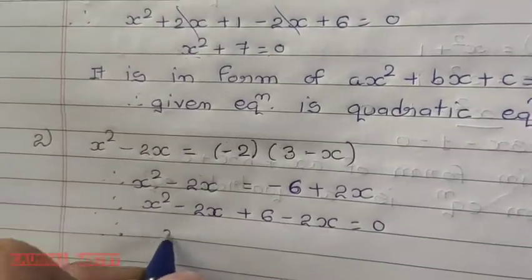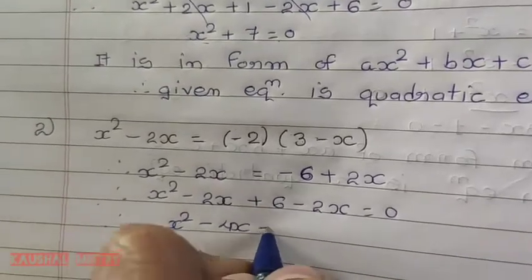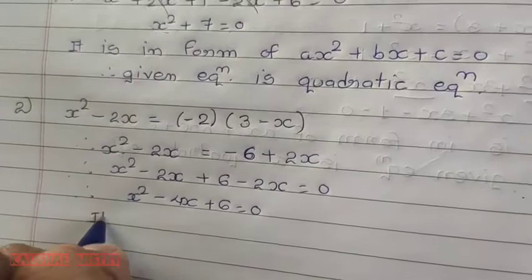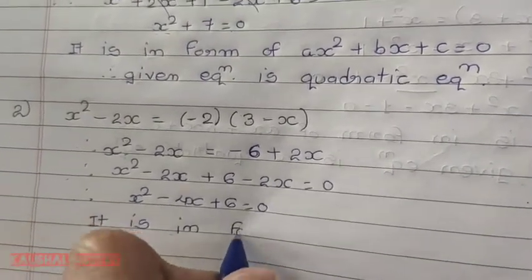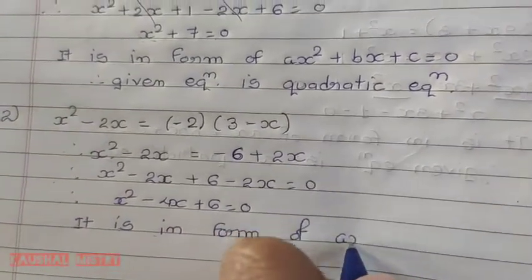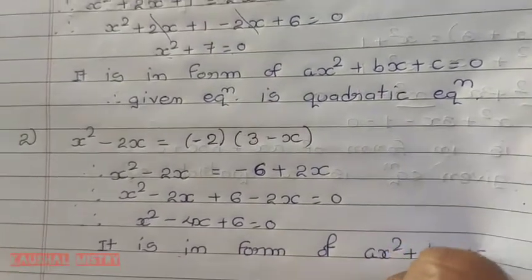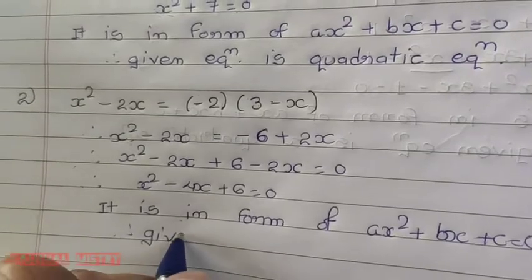Therefore it is x square minus 4x plus 6 is equal to 0. It is in the form of ax square plus bx plus c is equal to 0. Therefore the given equation is